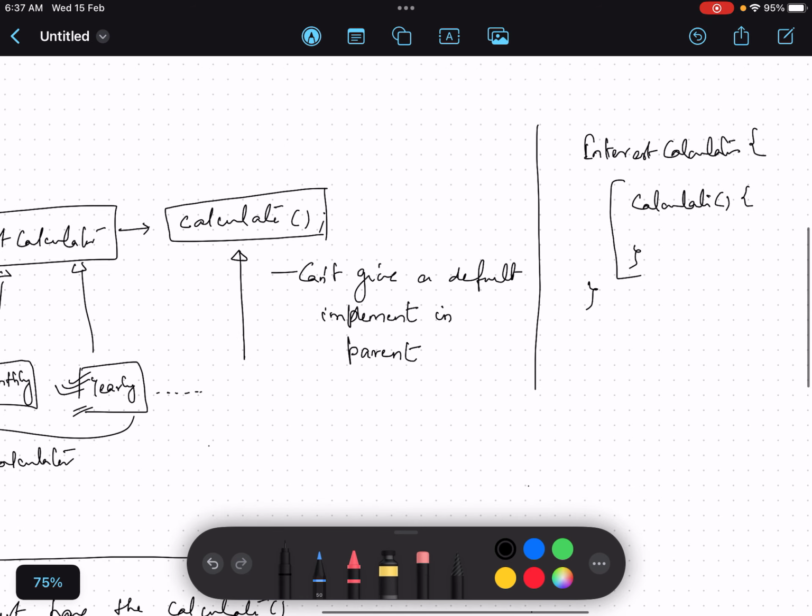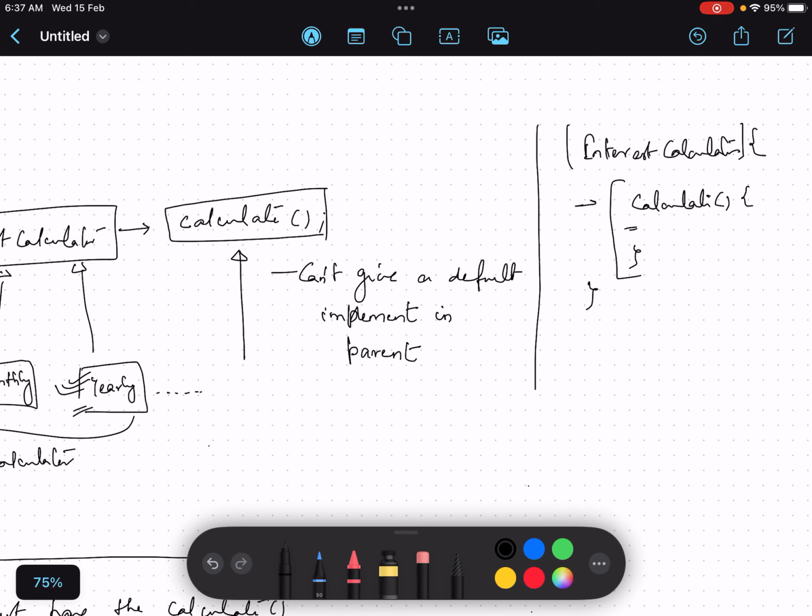Now any class that is inheriting from the interest calculator would inherit the calculate method with an empty body, so all the subclasses would have to give their own implementation